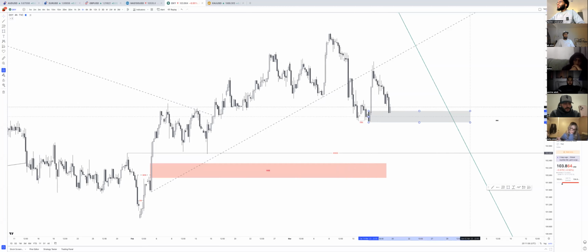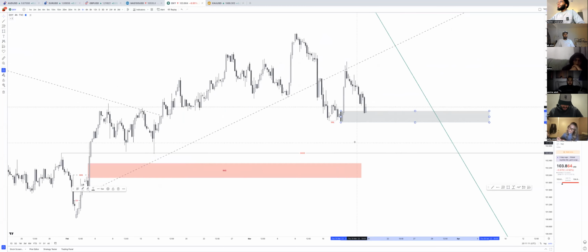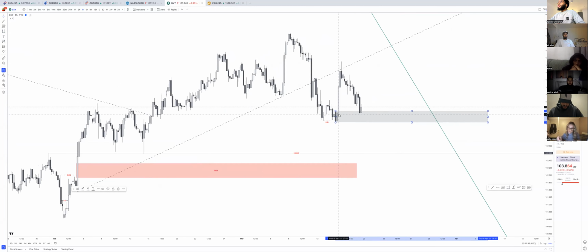Now we look at the index, guys, because I've seen some of you guys trying to trade dollar index. We don't trade the dollar index. We just look at it to kind of give us an overall view of what's going on in the market. So we have this demand zone here that it looks like price is respecting, but you have to see stuff from both angles. So if this is the change of character here for this uptrend, there's also a change of character for